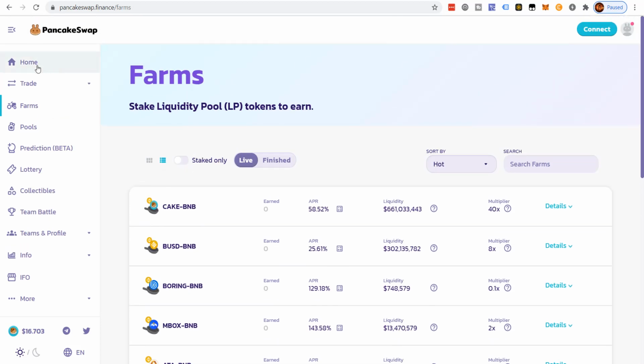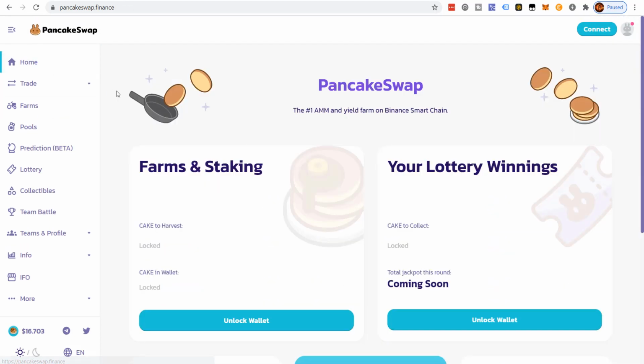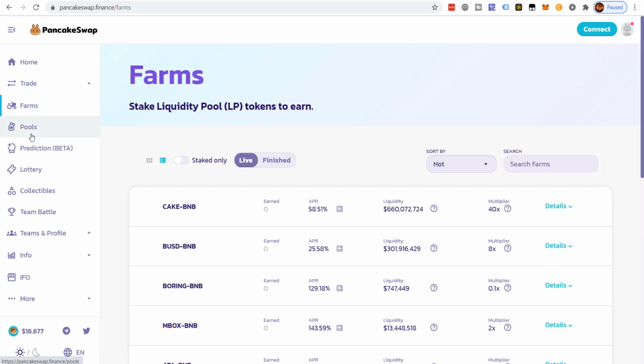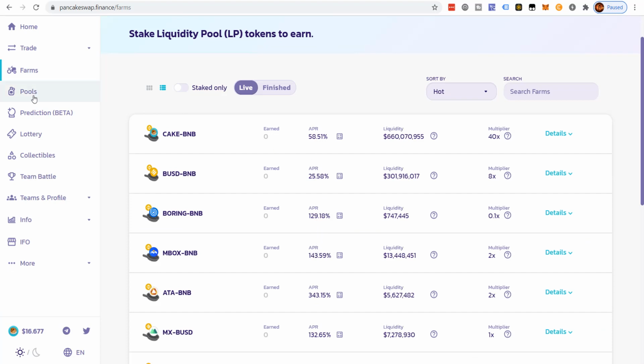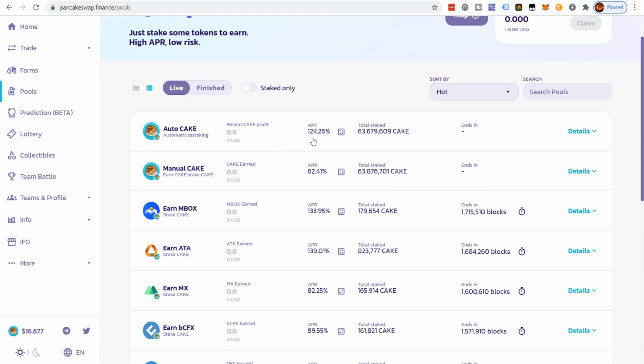So oftentimes when you're in crypto, you'll see things like APR versus APY. People want to know, what's the difference in APR? What's the difference in APY? How does it work? Let's just come down here and take a look. These are APRs, but if you come over here to pools, you'll see APY. What is the difference? What does it all mean? What affects APR? What affects APY? Where does it come from?